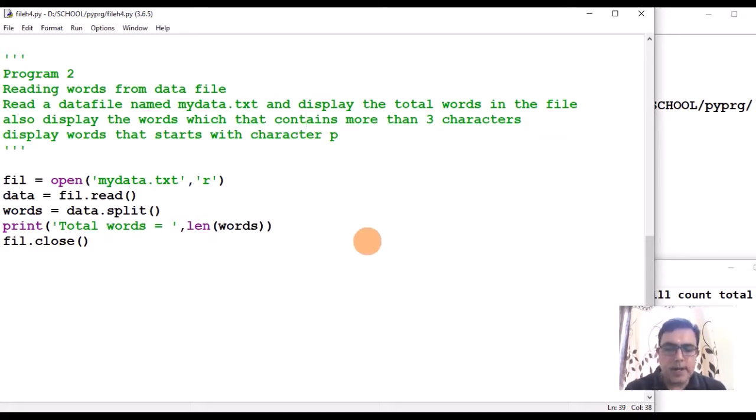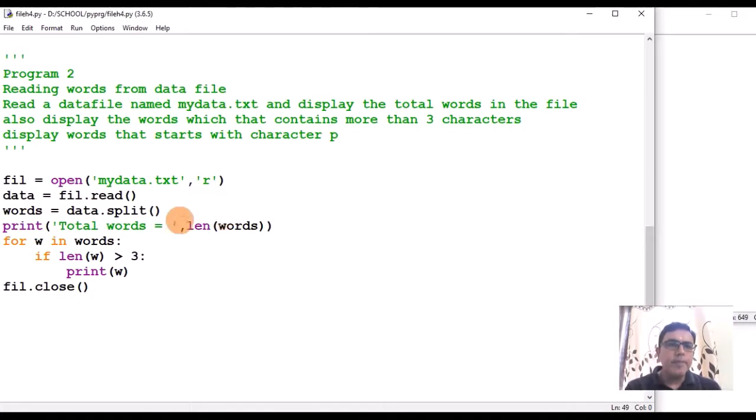Okay, next, display those words which are more than 3 characters. First I'll write the code. Now from this list you have to take out individual words. How will you take out individual words? I'll iterate all the elements of this list: for W in words. So initially the first element of this list will go in W. Then what you will check is the length of W. I'll show you W also.